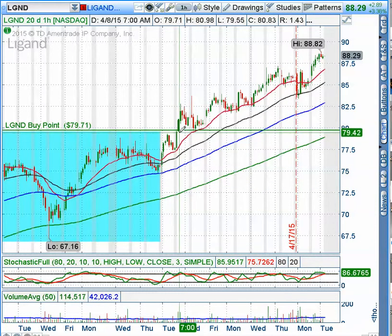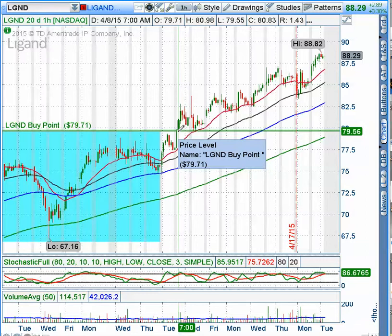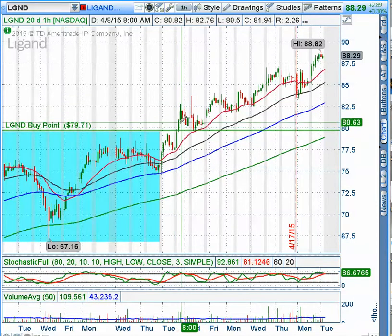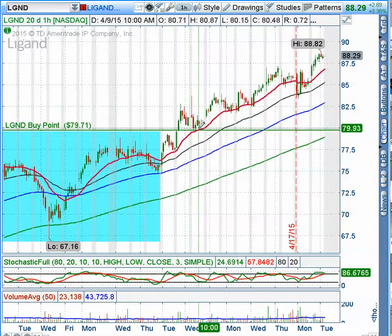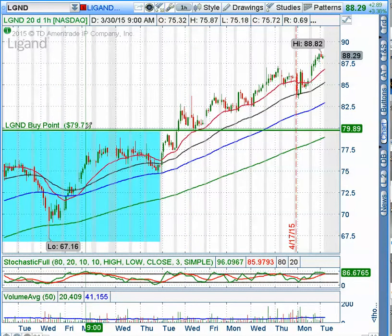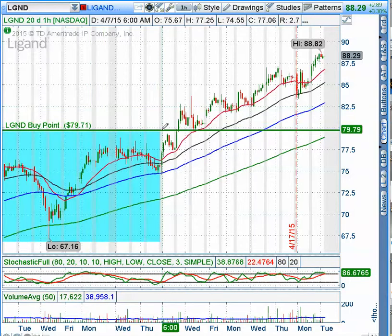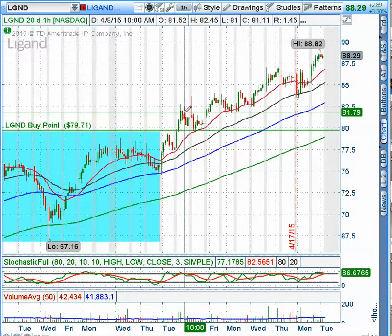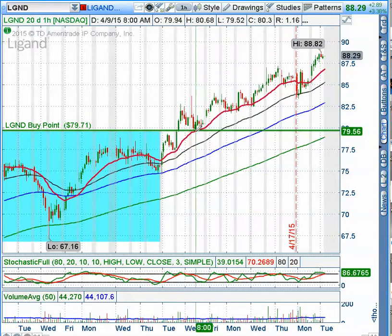Here on the 8th of April is when I prepared the video suggesting you want to take a look at this. One of my favorite positions is you don't buy on the breakout. Let price pull back to the breakout point. Here, Ron had identified in his spreadsheet 79.71 as the breakout point. So if you had bought there, or if you had waited to test the breakout point and then bought, you